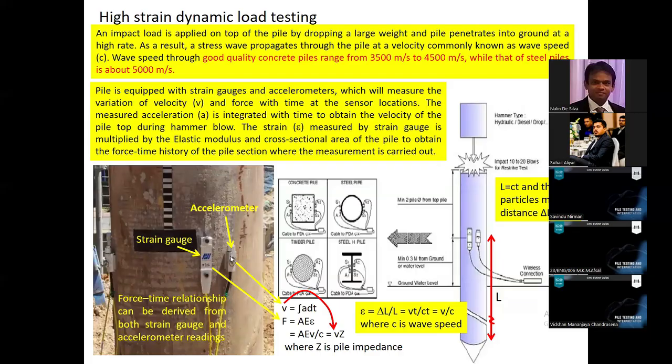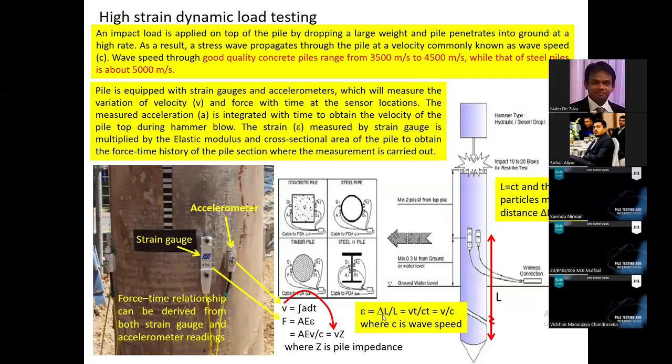Then the accelerometer is measuring the acceleration, the particle acceleration. By using the acceleration time record, you can get the velocity, the particle velocity, right? When you integrate the acceleration with respect to time, it gives the velocity. Then, with the particle velocity, we can prove that the strain is equal to delta L over L, the